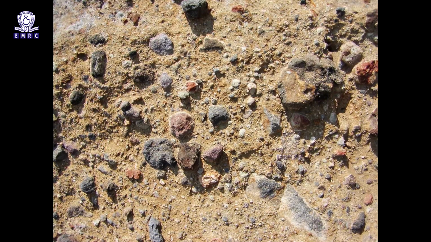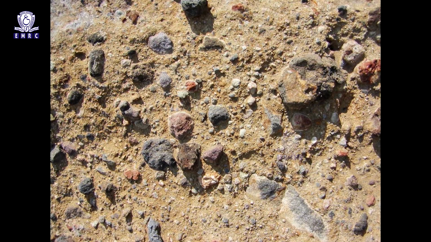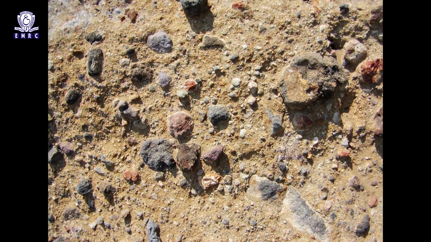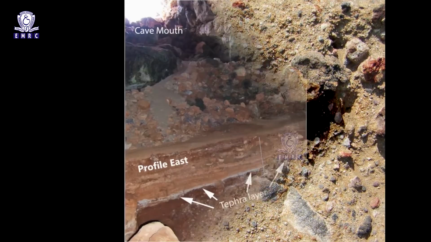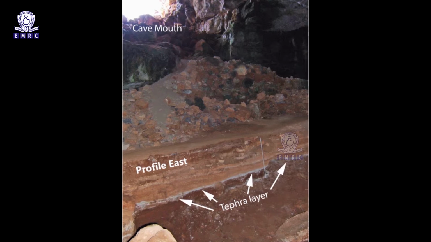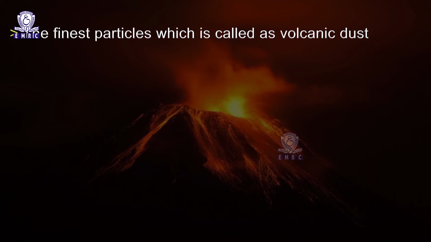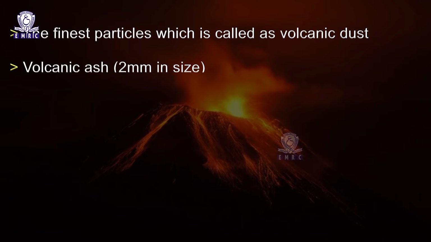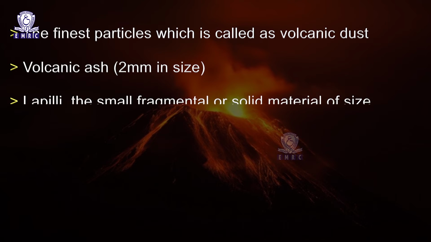When volcanic eruption is accompanied by a series of explosions, solid materials are ejected. Solid material ejected from the volcanic activity is also called fragmental or pyroclastic material. The solid volcanic material is also known as tephra. On the basis of the size of pyroclastic materials, they are grouped into: 1. The finest particles, which are called volcanic dust, then volcanic ash, the size of which is 2 millimeters in size,